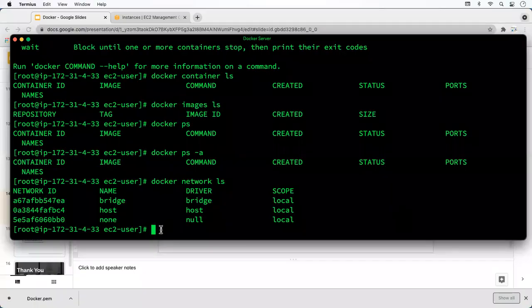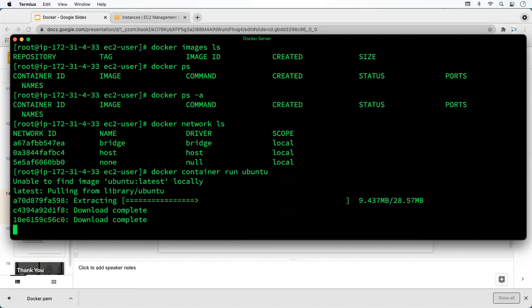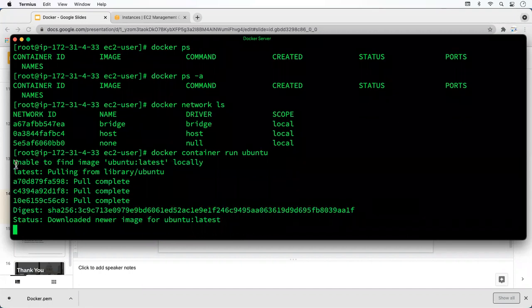And let's create some container. docker container run, and the image name is ubuntu. I want to run ubuntu on my container. Hit enter. So first it checks whether the image is available locally or not.